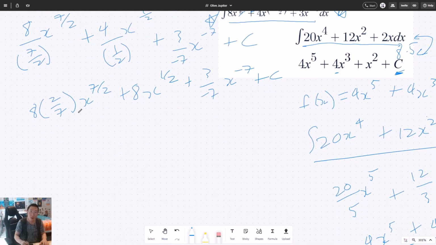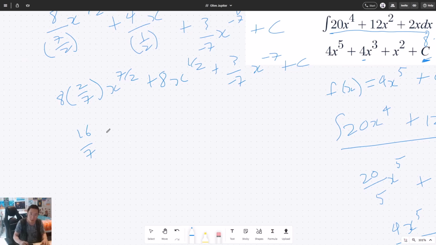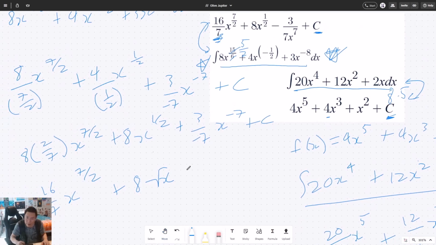So we are going to do 16 over 7. Remember we have 16 over 7 right here, guys. Focus, 16 over 7, times x to the power of 7 over 2, plus 8 times x to the power of 1/2. The 1/2 power is the same as square root, so we have square root of x. I didn't write root x there, but anyways, we have then